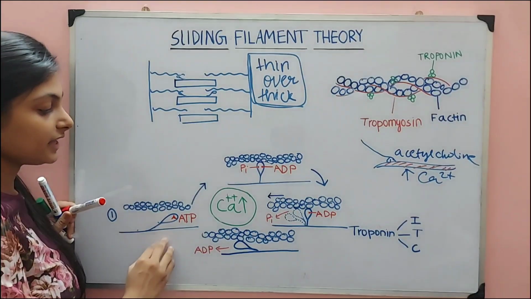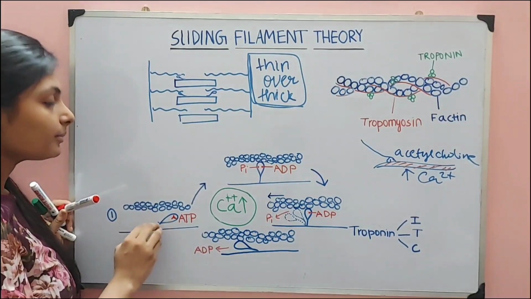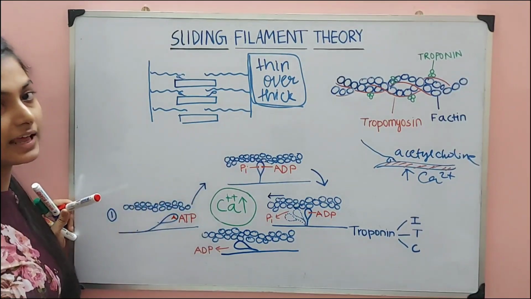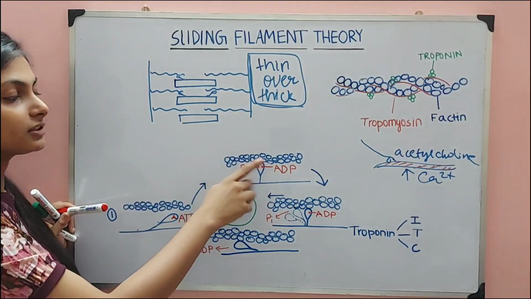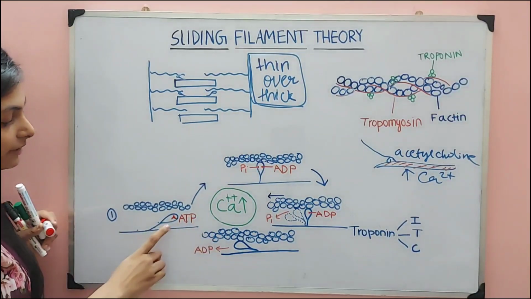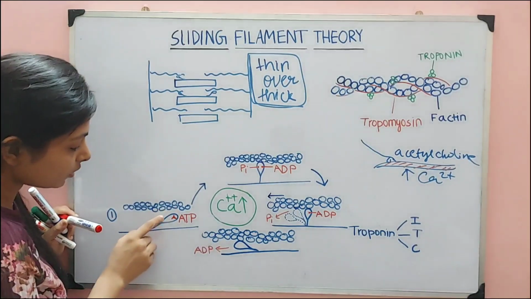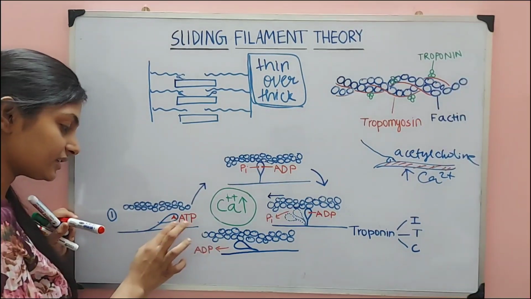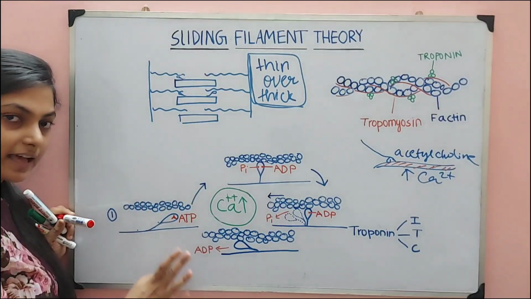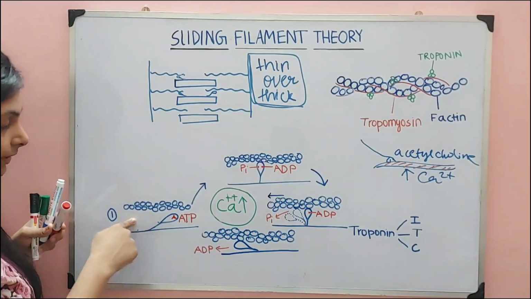Always remember, whenever myosin has ATP with it, this won't look for actin. That means whenever myosin has ATP, it stays relaxed. The moment it loses the ATP, it starts searching for actin. You understand? Whenever myosin has ATP, it will stay relaxed. There's no bond. You see, there's no bond between actin and the myosin. So it has its ATP right here. It will stay relaxed, and this angle is about 120 degree. This angle, which is written over there.